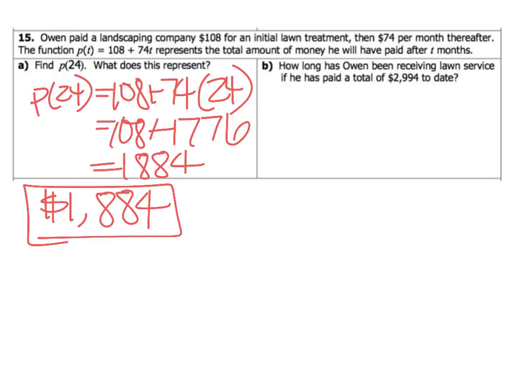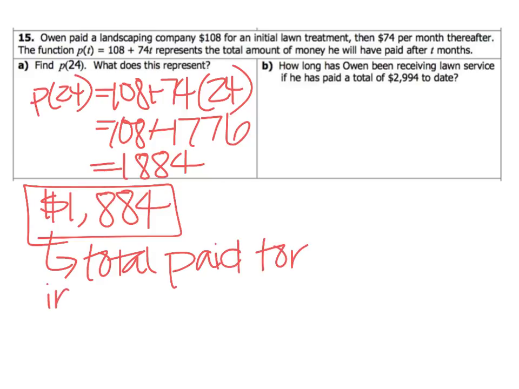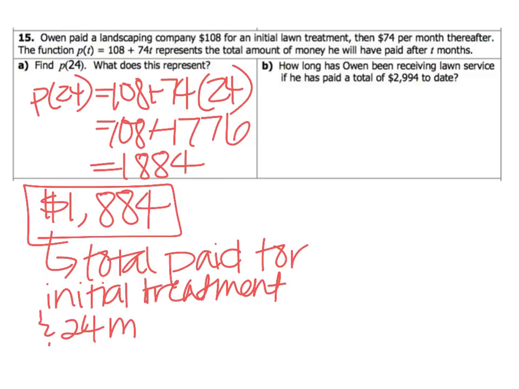All right? So this includes, this is the total paid for the initial treatment and 24 months of service. So that's what this number represents. How long has Owen been receiving lawn service if he has paid a total of